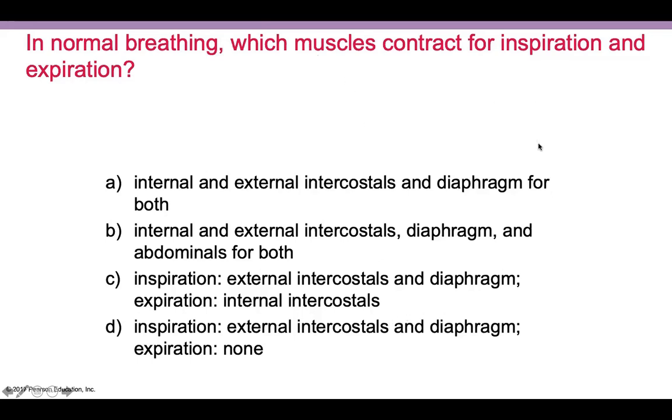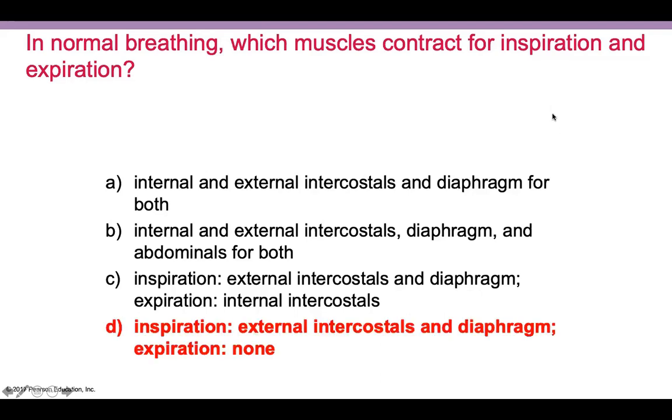So in normal breathing, which muscles contract for inspiration and expiration? This is something that we really harped on, and D is correct. Inspiration is controlled with the external intercostals and diaphragm. Expiration is none. Expiration is passive, and so no muscles contract for expiration. The expiratory muscles, however, so be really careful about reading the questions. If I talked about forced breathing, the expiratory muscles would have been C, and some of you did select C. The expiratory muscles would have been the internal intercostals, but that is not required for normal